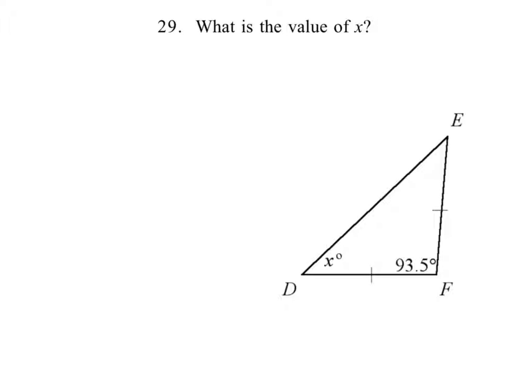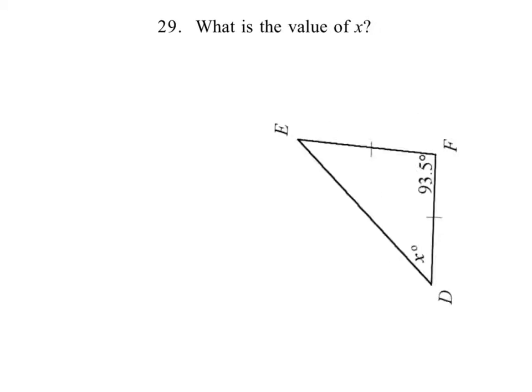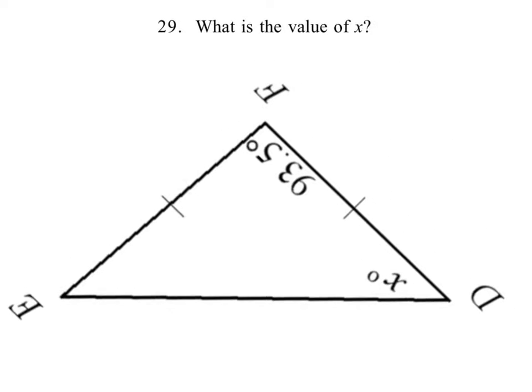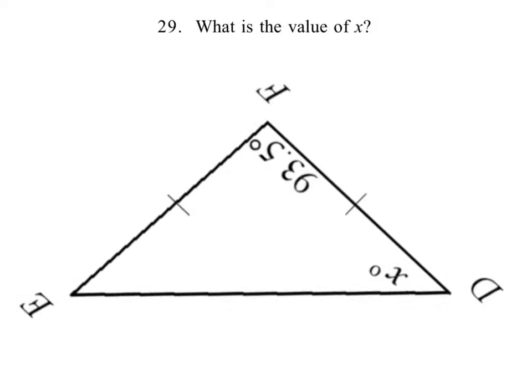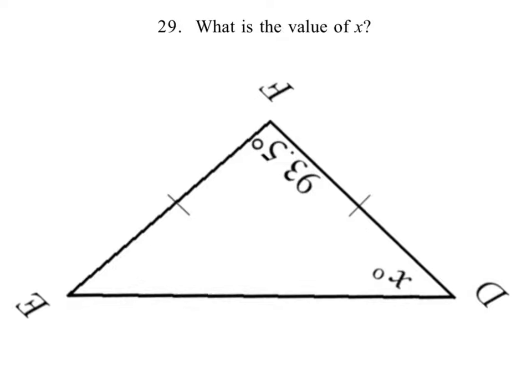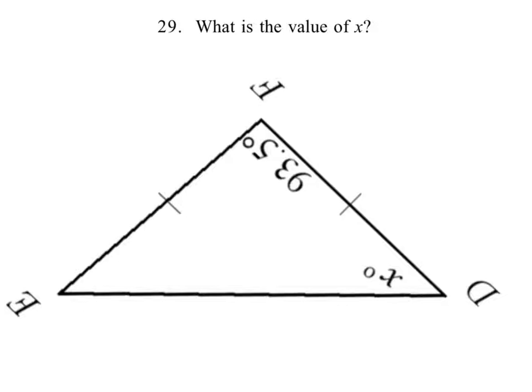Okay, so what's the value of x? There's something going on here, which is that this is an isosceles triangle. We have two equal side lengths, and I'm going to just rotate this thing. If we rotate this like this, you can see how we've got these two. The isosceles triangle maybe appears a little bit easier to you, and you can see that